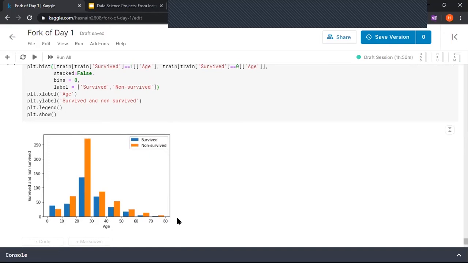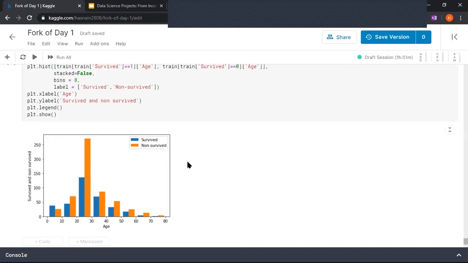So it's against our normal assumption that people who are young might be more energetic and that's why they would survive an accident such as this, but it's looking different. One possible answer could be that the people of higher ages actually tried to protect the younger ones. So basically they went back or something, or they were more caring towards each other. So it's like two people were trying to help each other, but then none of them got saved because they got late helping each other. Possible scenarios.